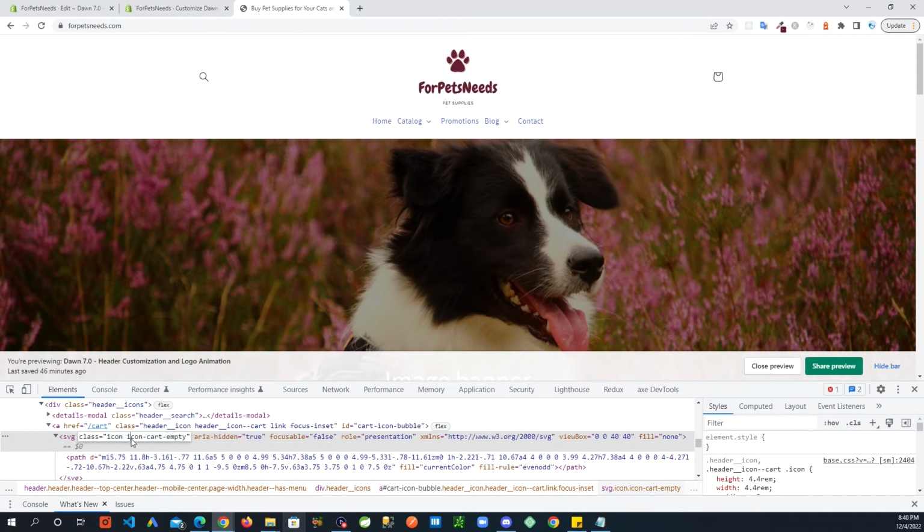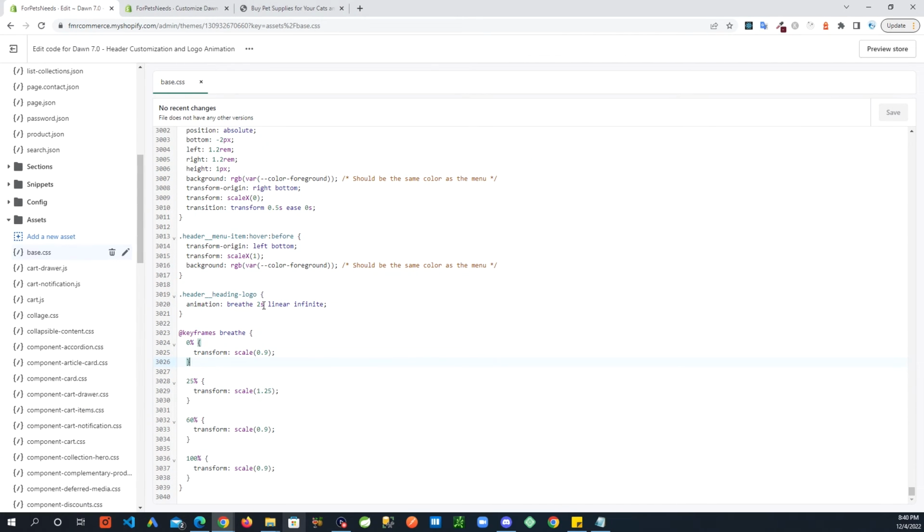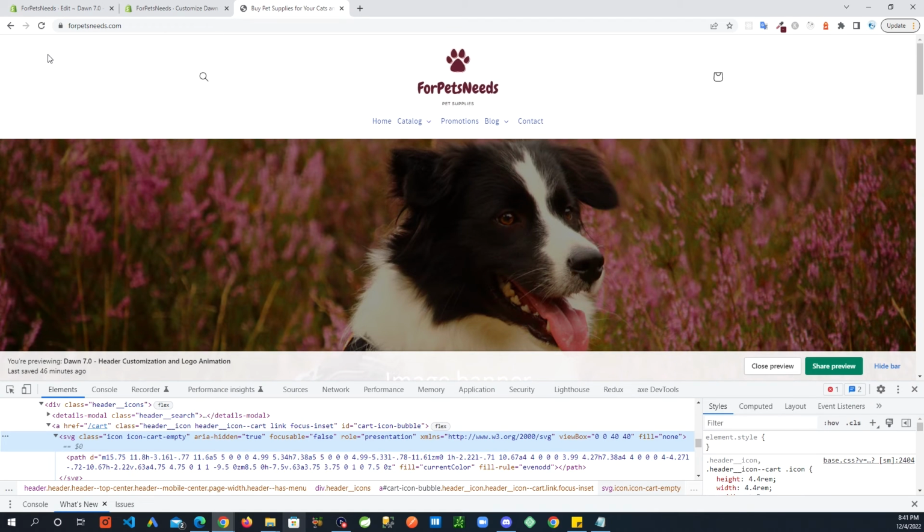I am only going to copy this second one, last one in there, and go back in here, and instead of this here, so you see this is the class, I am going to paste the one I just copied instead. So now I'm doing everything, but I'm not applying it to the logo, I'm applying it to that cart image. And we go back,